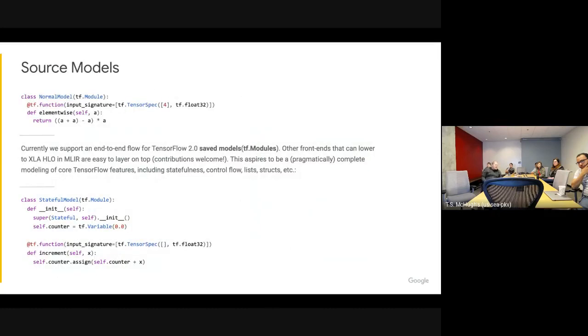And so walking through end to end, what this means is, again, we start with whatever model your input is in. So here are some examples of TensorFlow 2.0, which has some really nice ways of defining modules with exported functions on them that have signatures that don't require tracing, that you can declaratively say what you're expecting. And on the bottom there, it's a model with variables and the normal stuff you would expect.